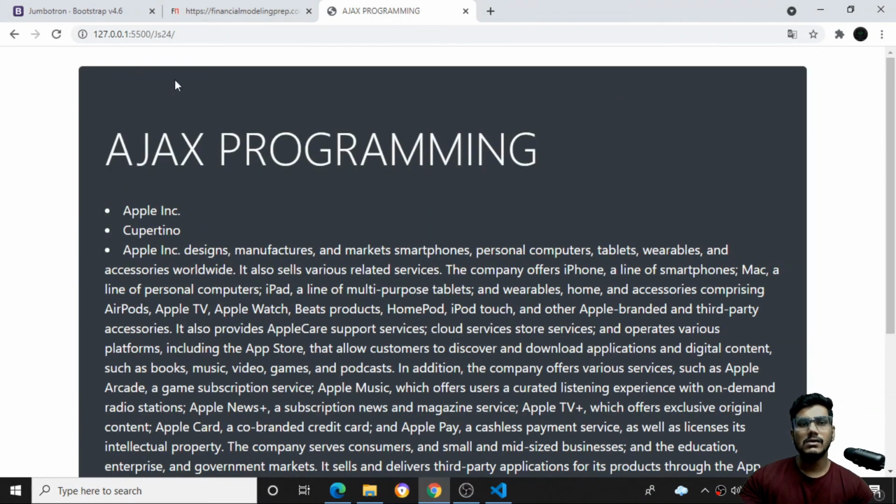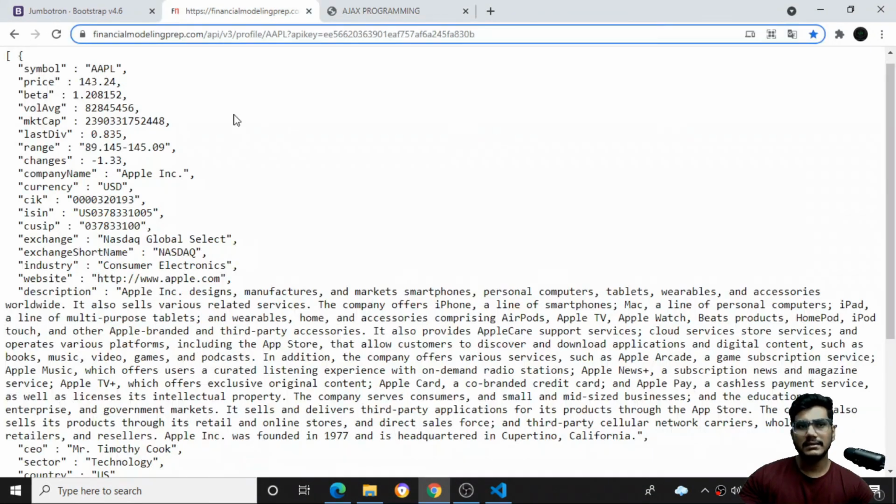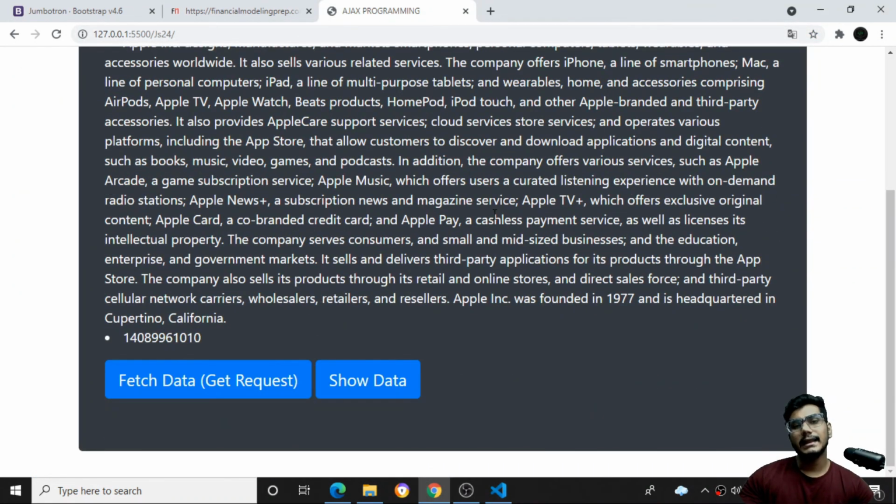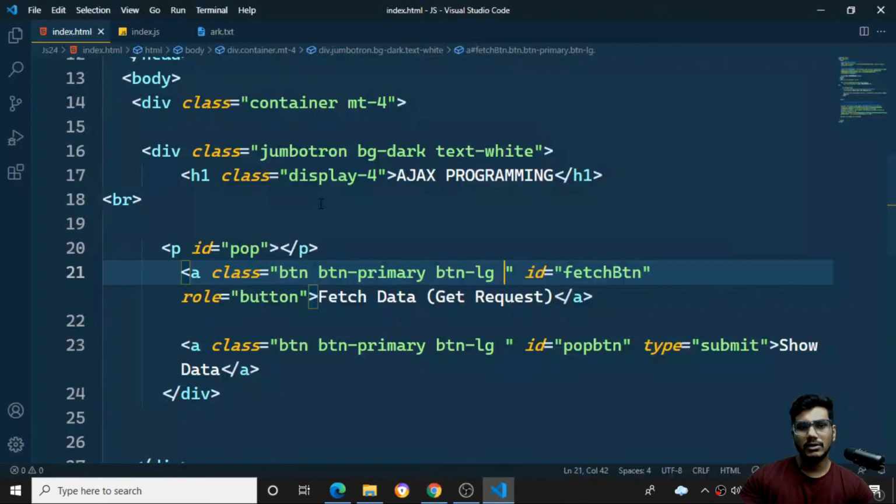Okay, so this is how the Ajax programming works. You can get the particular data by using get API keys, by using an XHR request. The data we can directly and easily parse. Actually it can happen in the background. Here I kept it so that when I click on the button, then only it should happen. So because of that it is happening.